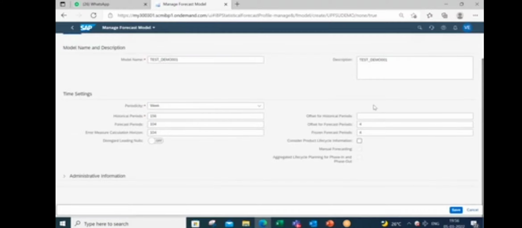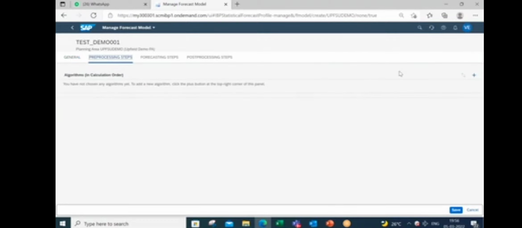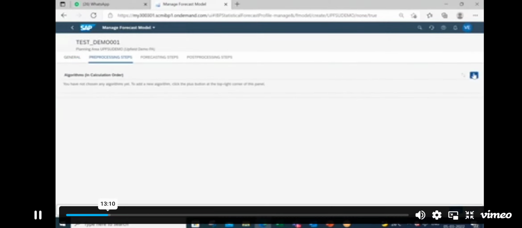Okay, so that's about the general settings of the forecast profile. You understood all the things here. Yeah. It's fine. So, going to pre-processing steps. In pre-processing steps, basically you have